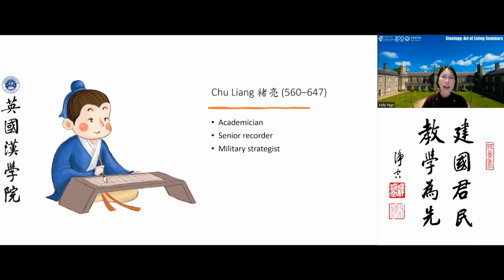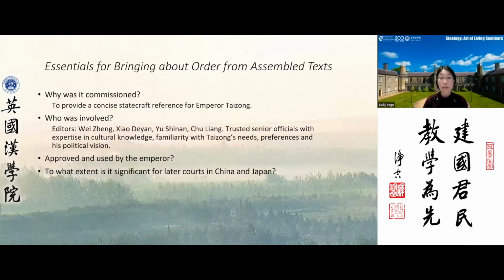So basically, all four editors occupied senior roles within the Jingguan administration. They were highly trusted. They had the trust and confidence of their ruler. They were equipped with the expertise and cultural knowledge necessary. They were very familiar with Taizong's needs, his preferences for learning from the past, and his political vision going forward. So that's really what they brought to the project that eventually became the Essentials for Bringing About Order from Assembled